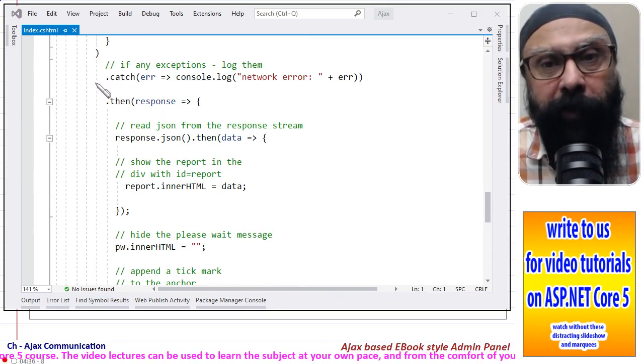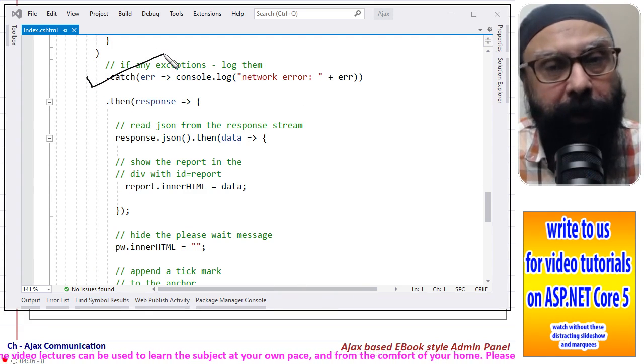When the request is received, this catch handler will log any network errors. We have already covered